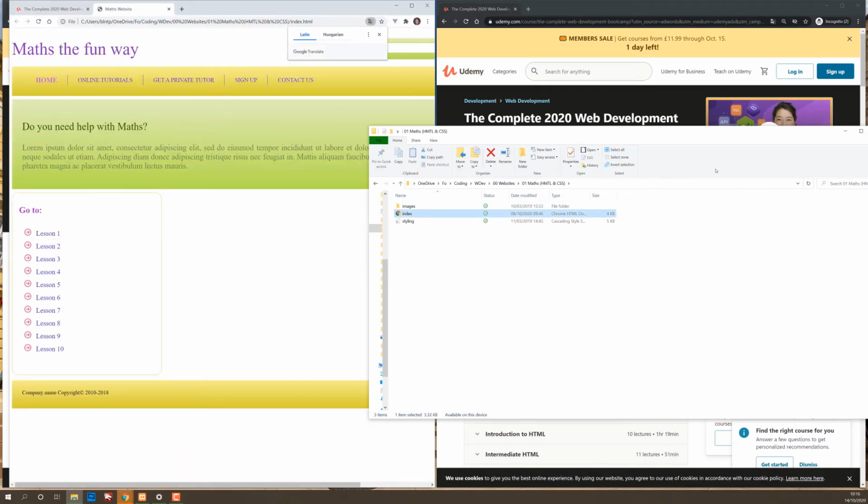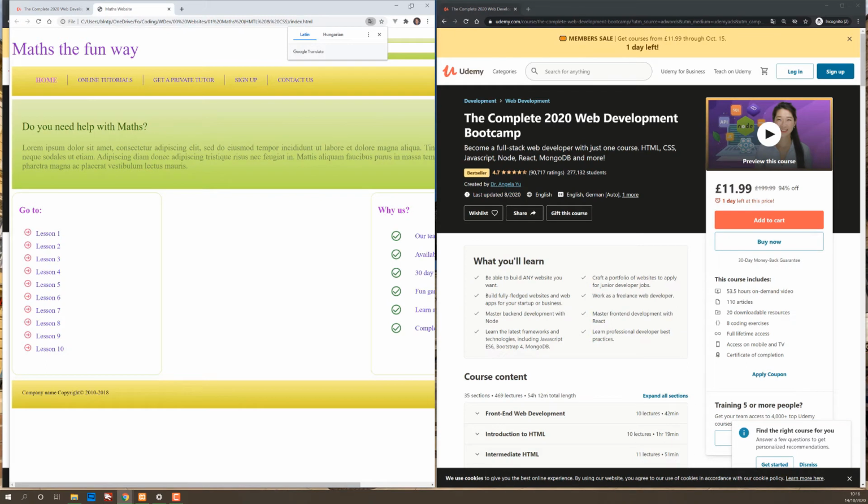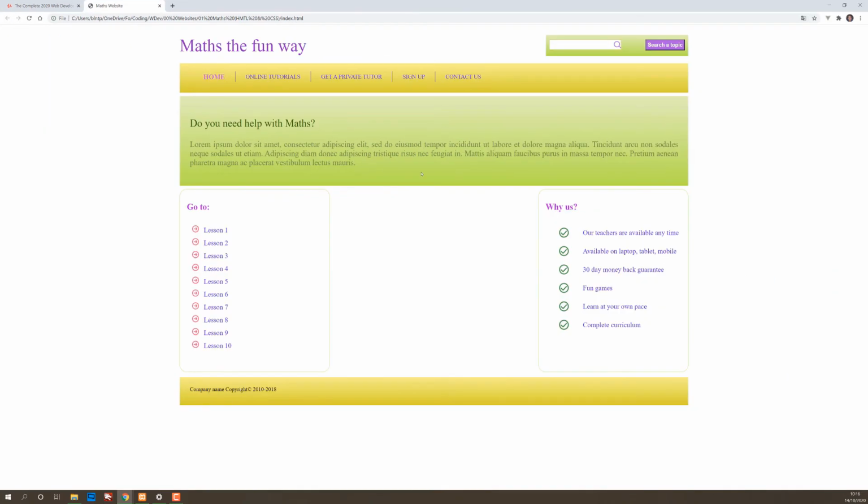Now here you will see that basically Isam is not very big on design, versus Angela. She's really into design, and you're going to see that her projects are a little bit more appealing. So Isam is not so great on design, but he's great on functionality. Nevertheless, even though this maths tutorial site looks a little bit outdated in terms of design, probably like early 2010s, that's when websites used to look like, you still learn a lot of things about hover effects